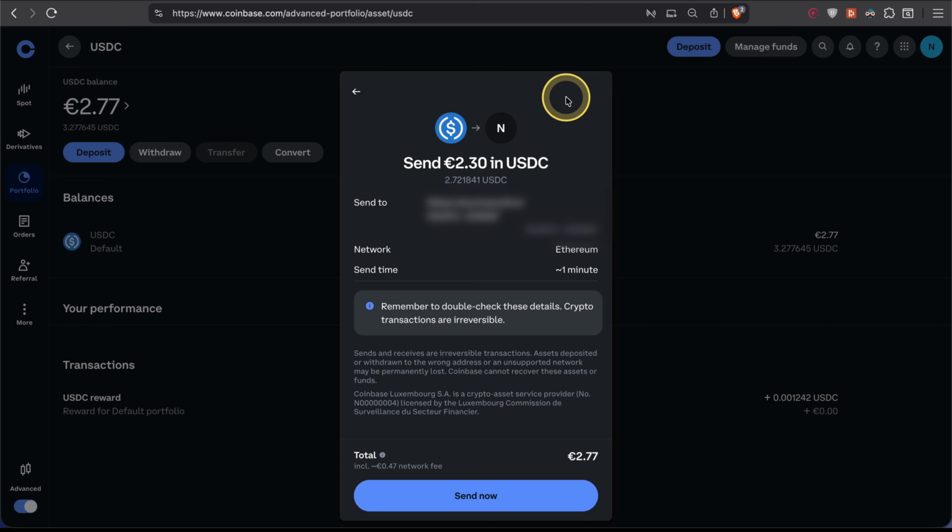Once we've copied our deposit address, we can now send money to that address from another exchange or our own wallet. In this example, I'm here in my Coinbase account, so another exchange where I can easily buy crypto with fiat currencies. And I've just gone here to my USDC balance where I've bought some USDC, and then I've simply pasted the address right here as the recipient. Down here, I've chosen the same network, so Ethereum in this case. And then all I need to do is just click down here on send now, and the money will be